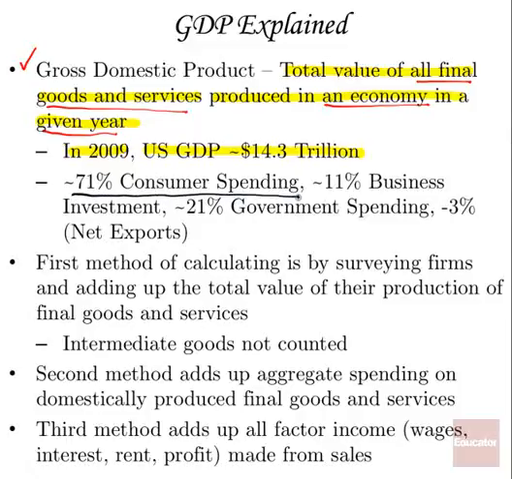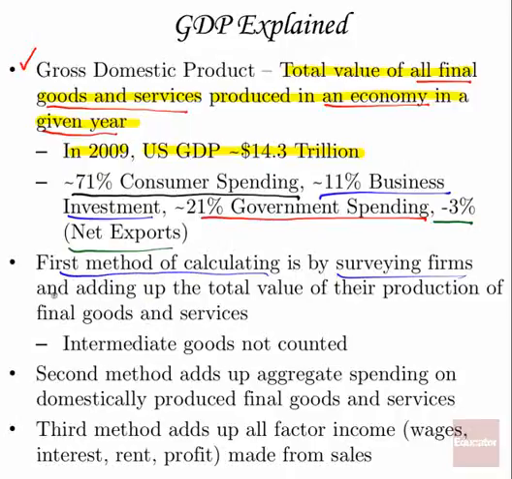71% of the American economy is through consumer expenditures. 11% is business investment. Again, this is in 2009 specifically. And government spending, which probably has increased over time, represents 21%. Now, if you add these together, this is actually 103%, meaning that the U.S., it's negative 3%. You take out 3% because we import more than we export here. So the first method of calculating is